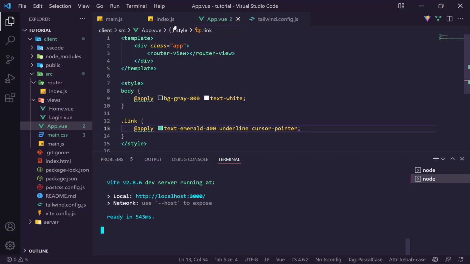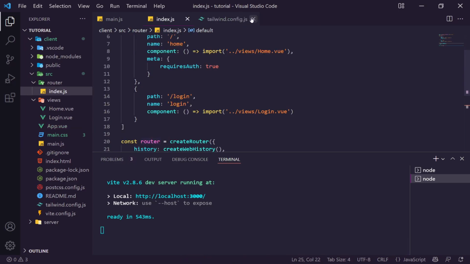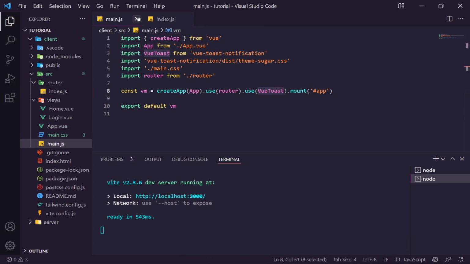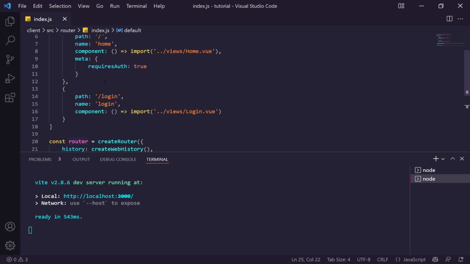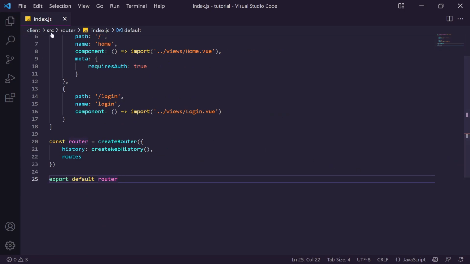The issue is we don't want to be able to go to home because we're not currently logged in. So how do we stop that? Well, I'm going to show you. We're going to go back to our router. We're going to close this App and our Tailwind config, also our main.js. I'm going to close the side panel, and back inside of our index.js in our router folder,